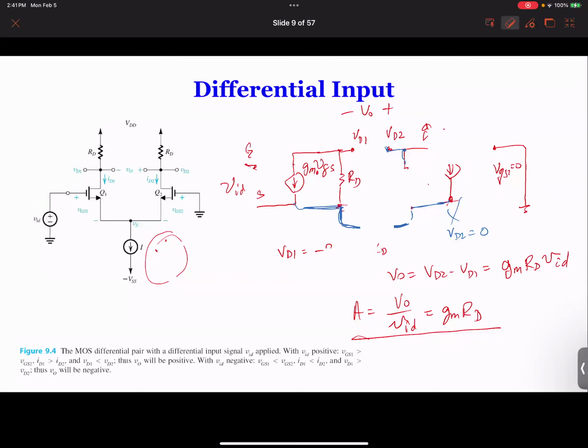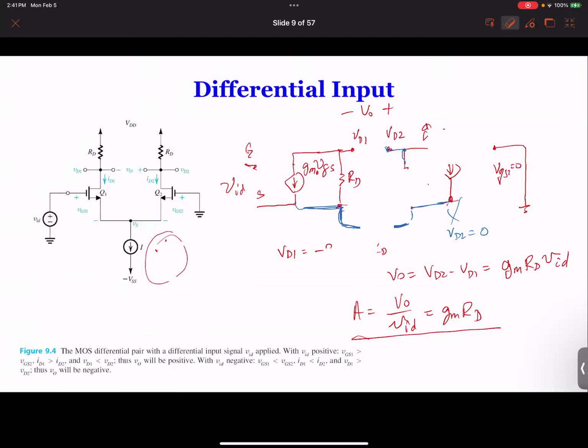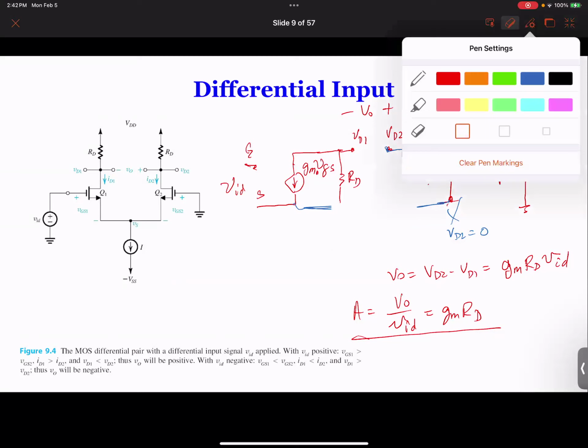Oops, I made a mistake. How do I redo it? I cannot redo it. Okay, that's fine. Let me erase this. I'm gonna redraw this anyway. So we have